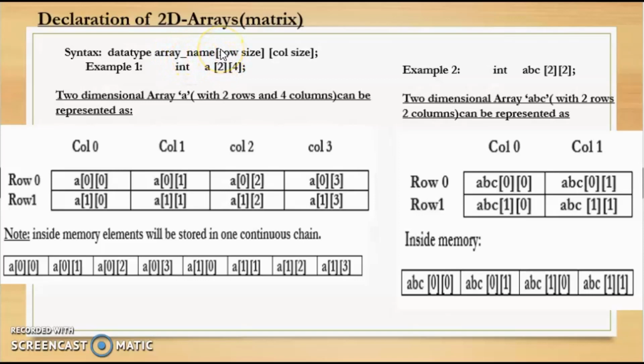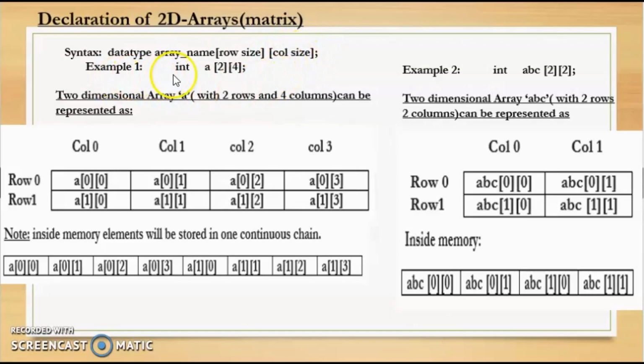Next, we know that two-dimensional arrays is represented as a matrix. So that means it will have rows and it will have columns. So as a result, we need to specify the row size and the column size. So in the first square brackets, we will give the row size, which means the maximum number of rows in the matrix. Next we will give the column size. In this also we write inside the square brackets. So this will give us the maximum number of columns inside the matrix.